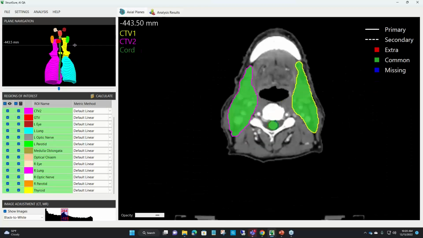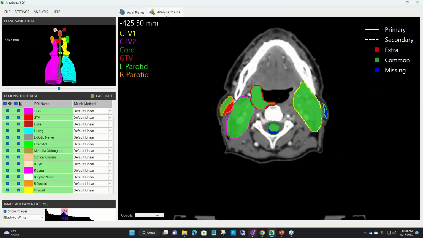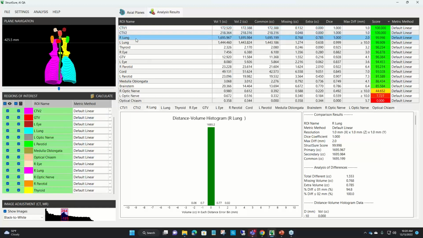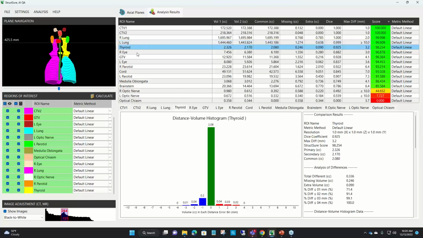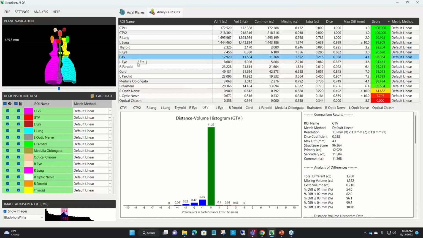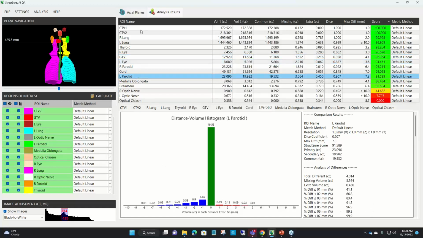So let's put this back, and now I can go to our actual metrics here, and let's talk about that for a second. On the left-hand side, you can see here are the regions of interest. They line up with this region of interest over here, and as I roll through them, selecting each row, the histogram below and the data will update to reflect that particular row. Let's take a look at one here.